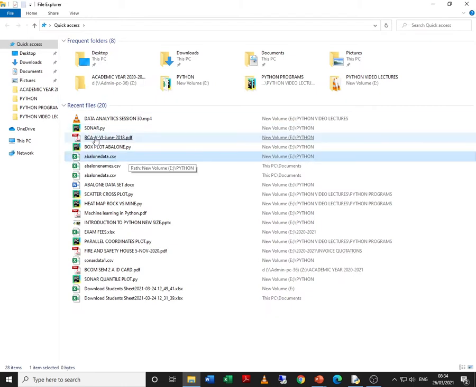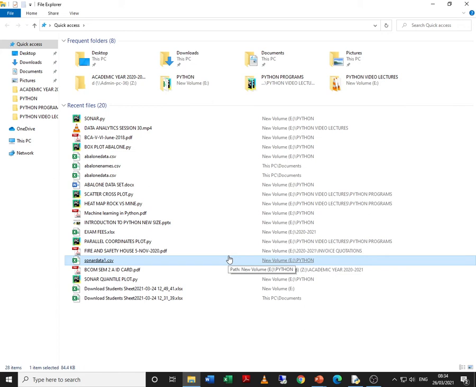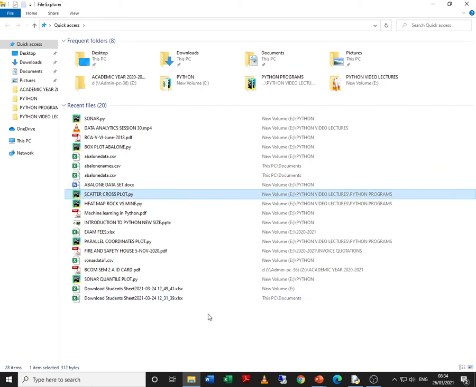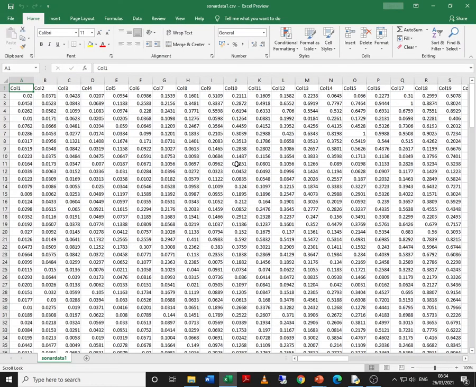Let me open the CSV file. Sorry, I opened the wrong file. Sonar data, I should have opened some other file. Yes, this is the CSV file that we are supposed to open.